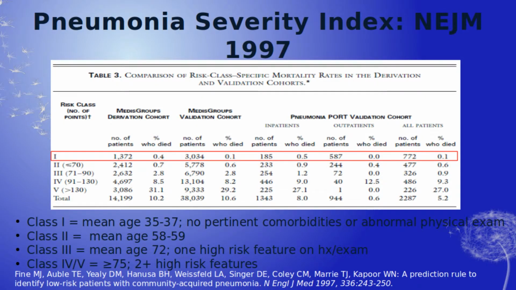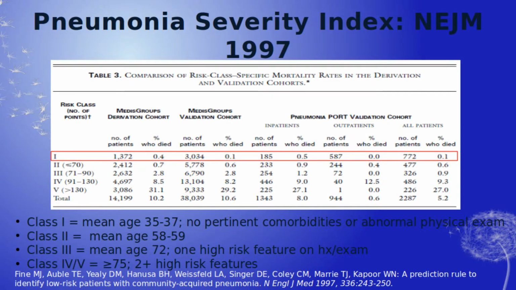So it's pretty easy. Now there's problems when you're comparing, for young adults in this population, how well the PSI will predict their outcome of interest. So for us, class 1, they have to be less than 50. So for the purpose of our presentation today, class 1 is going to be the most relevant to the young adult population. Mean age that they said was about 35 to 37, and as you can see, fairly low mortality.